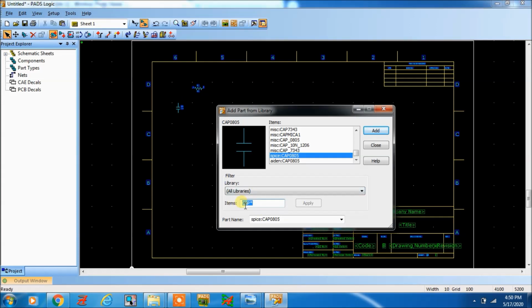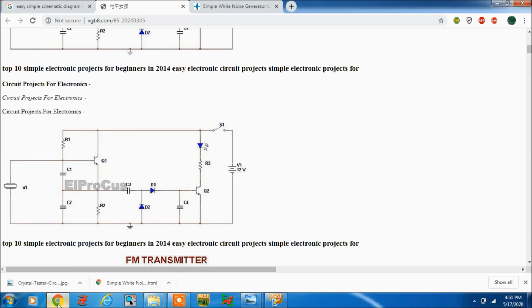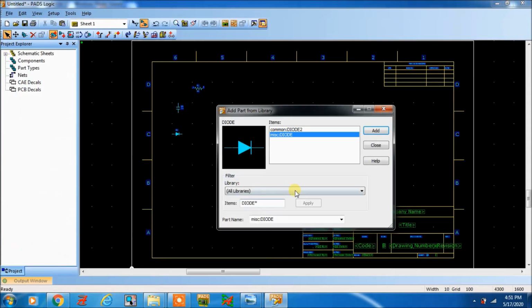Diode. Then transistor, LED, switch. These all we can take here.